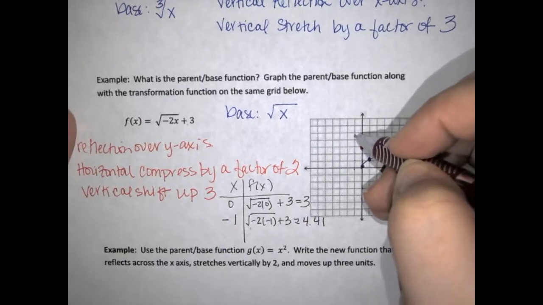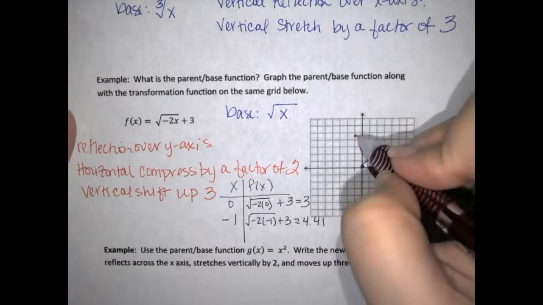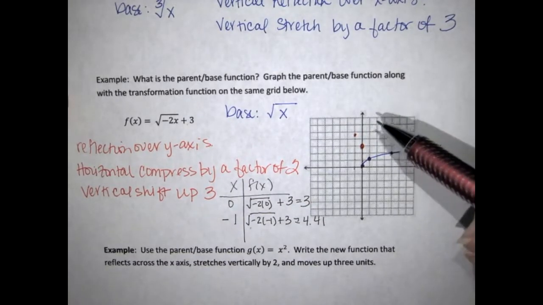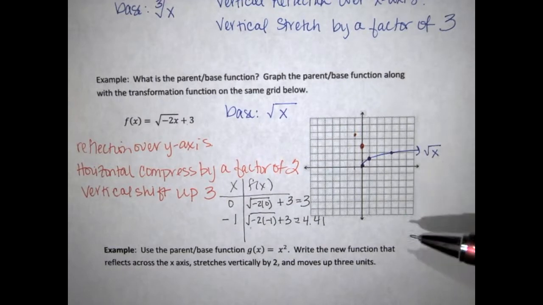bit. Okay, so what you should notice about your graph is that it is shrinking towards that y-axis. Okay, you're basically squeezing it. That's what a horizontal compression is. And so then the other thing that we have to look at is,